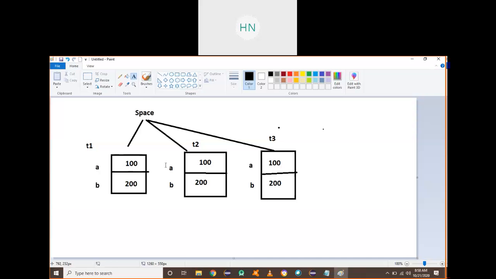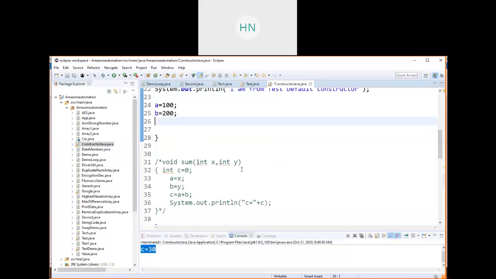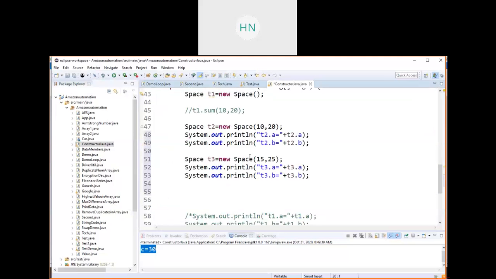All the data members have the same values. But coming to your parameterized constructor, the difference is you can call your parameterized constructor every time with different values, and every time you can assign different values to your object.